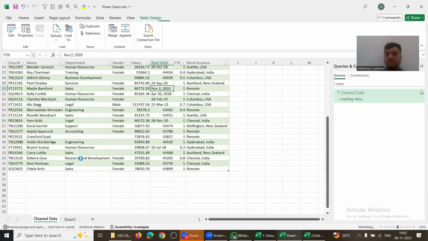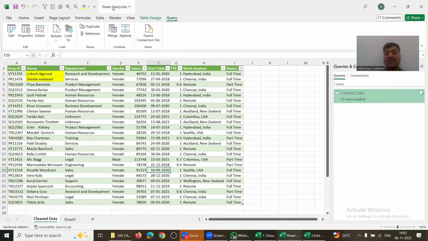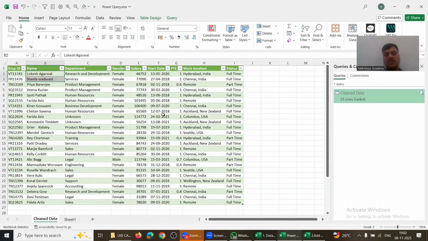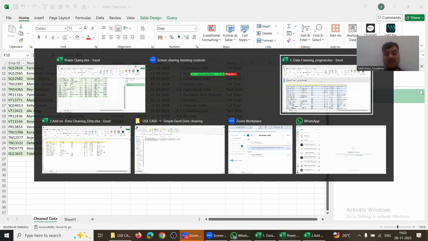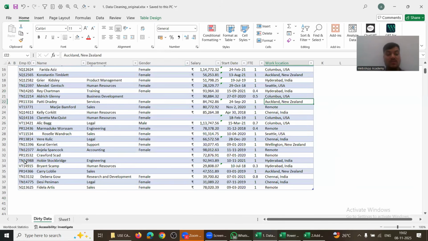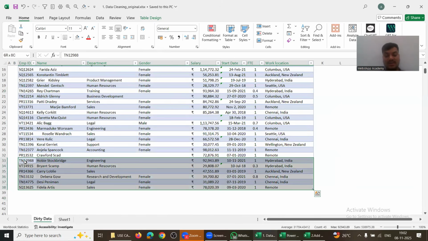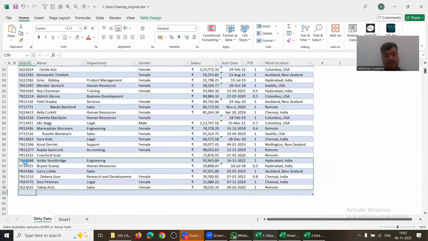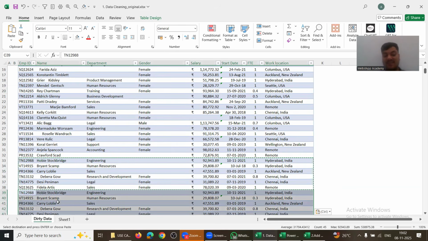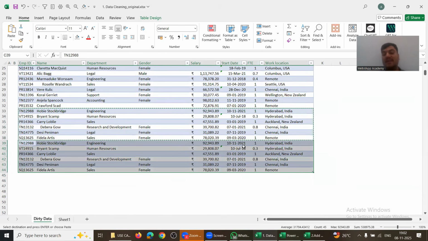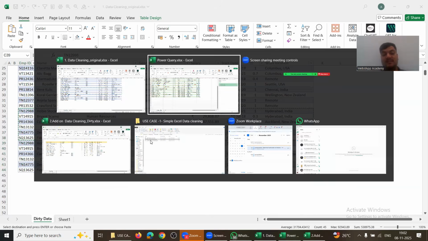Now this is the Power Query data, don't forget. Here I can just remove this color. Now what is the thing? Very simple. I have already added the data actually. Suppose we add some more data here. I have added some more data, and you can see 1.3 everything is there, and I will